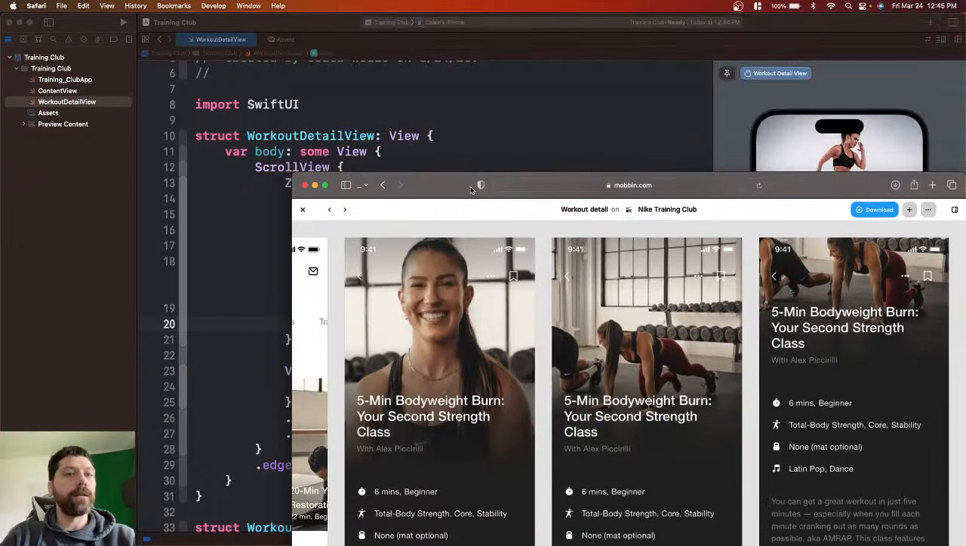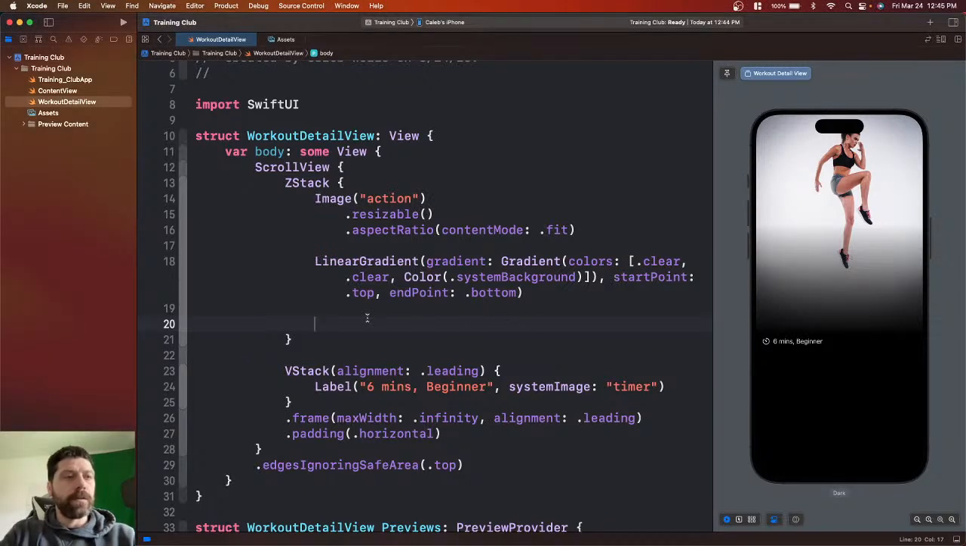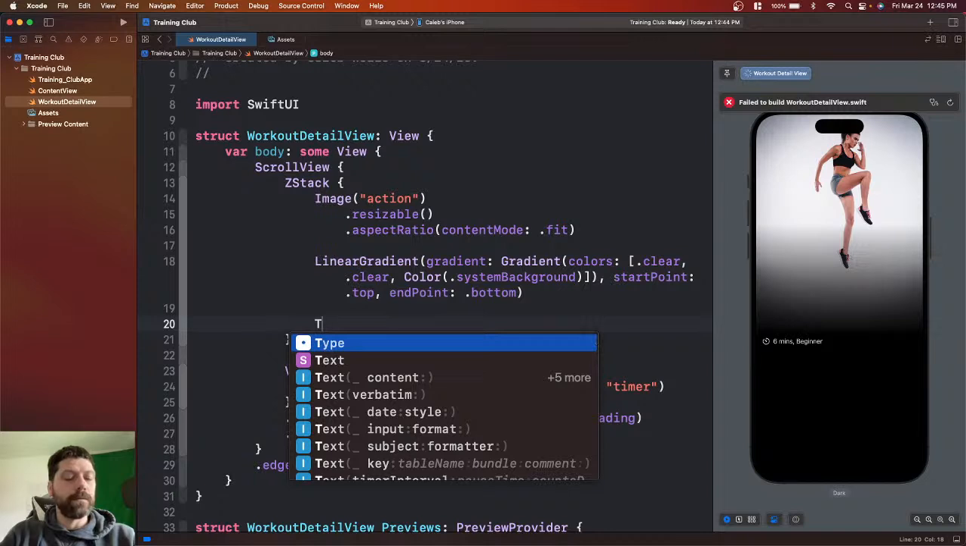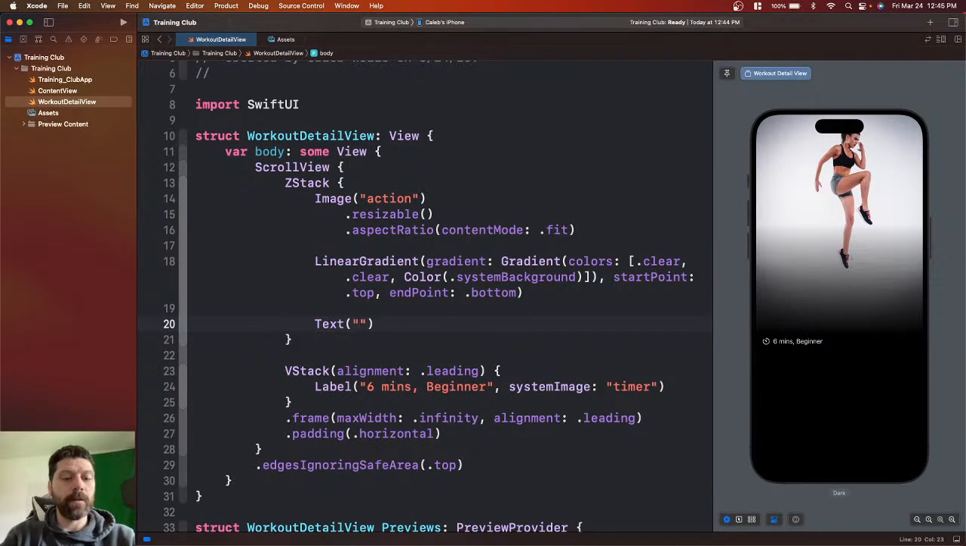I'm gonna drag this over here so I can look at it real quick. And we're gonna go text, and we're just gonna put in some hard-coded text here. We're gonna go 5 minute body weight burn. Time to get the burn some calories. We'll go command. We'll go \n, and for creating a new line, I know we could do multi-line Swift stuff,